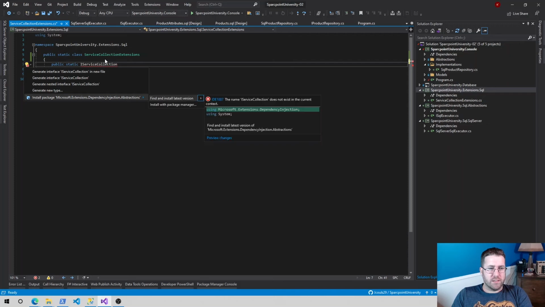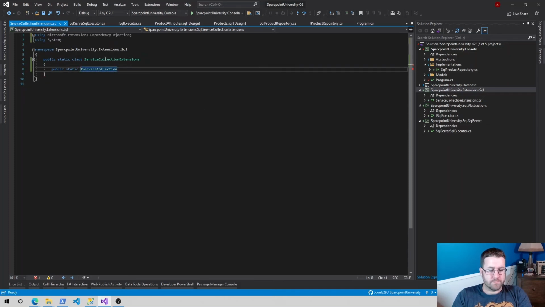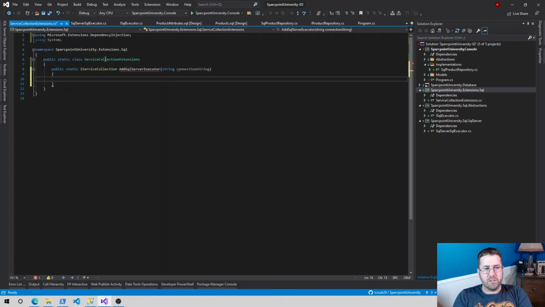Now we can inject this because that's what we're using this for. And we're going to say add SqlServerSqlExecutor. There we go. And we're going to pass in a connection string. All this method's going to do, and I forgot this, I apologize, this IServiceCollection services there. All this is going to do is we're going to do what we did in the last one, which is going to be services.add singleton